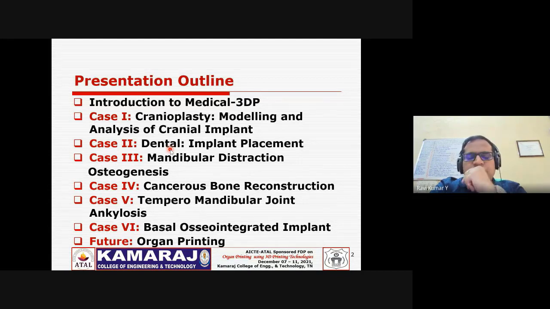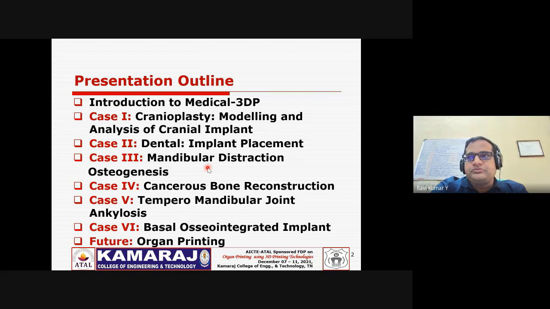So then we will discuss how it has helped in one of the dental case studies, to place the implant. And the third case study, third, fourth, fifth, sixth, these are predominantly oral maxillofacial case studies. So that is how 3D printing is helpful for reconstructive surgeries in the oral maxillofacial department, like how this technology is helpful for reconstructing the mandible, that is the lower jaw